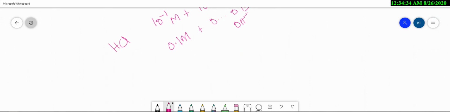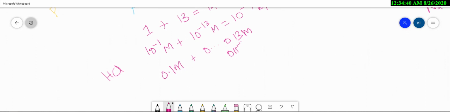This is for HCl. If you calculate for NaOH, it is the reverse of that. 10 power minus 1 M OH minus ions will be present, and 12 zeros followed by 13 M will be the H plus ions present. This is how we calculate pH for any solution. So ultimately, I have explained with this mathematical calculation how you get the pH value whenever you dip a litmus paper in a solution. If you get the values pH 6 or 7, that denotes that much hydrogen ion concentration is present in that solution.